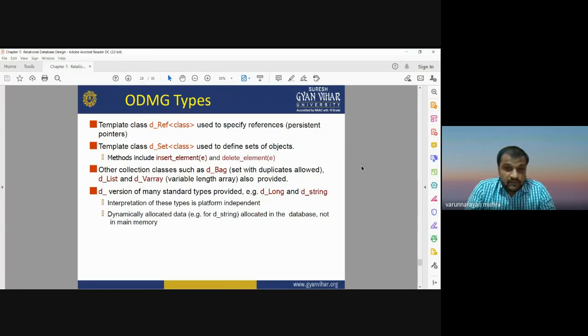It may also have variable-length variables, and versions of many standard types are provided, like long and string. The interpretation of these types is platform independent, and the data is dynamically allocated in the database, not in main memory. So this is all about the ODMG types.